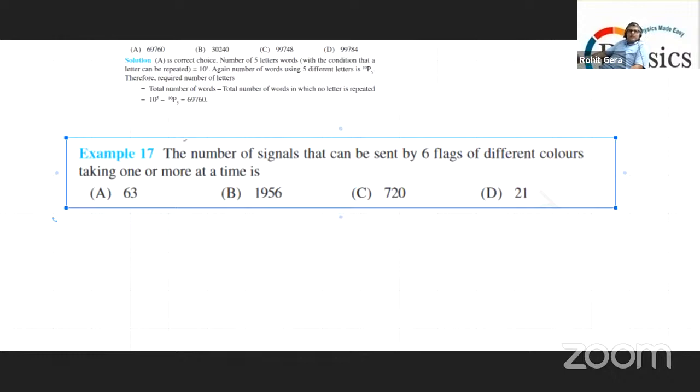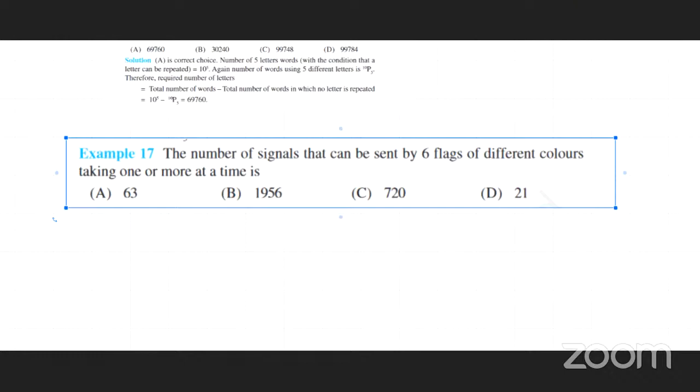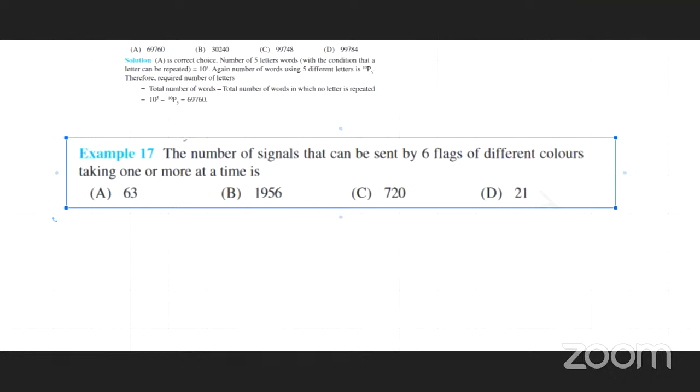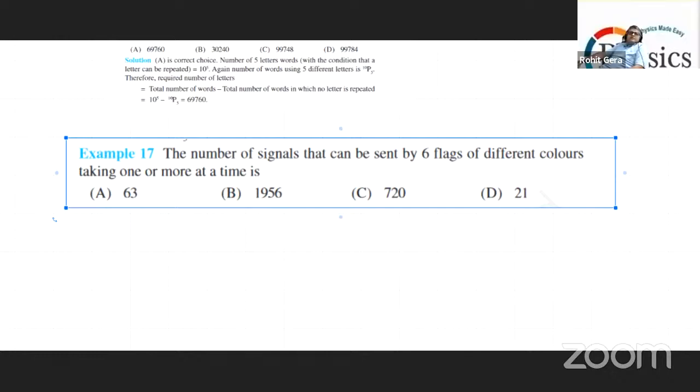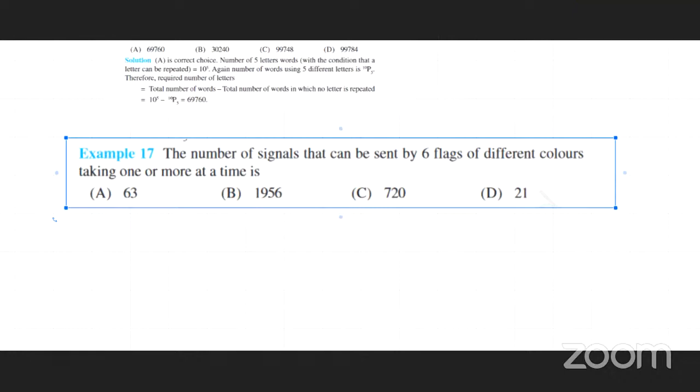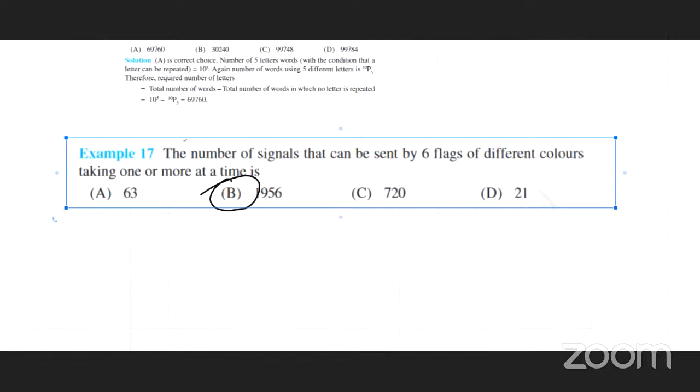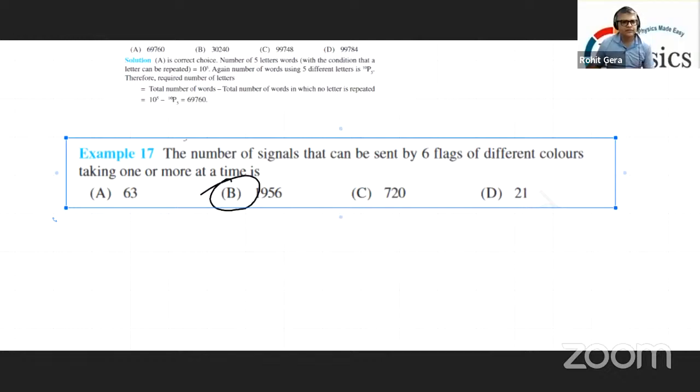Taking one or more at a time. Okay. So you can use one flag also. So I can do with 6 flags. How many signals? 6 factorial. कितना होता है 6 factorial? 720। सबसे बड़े वाला आंसर हो गया ना। Plus 5 factorial plus 4 factorial plus 3 factorial, I guess. It will be 1956. यस, सब ऐड हो जाएगा ना, 1 फ्लैग, 2 फ्लैग, 6 फ्लैग्स, सारे ऐड हो रहे हैं।